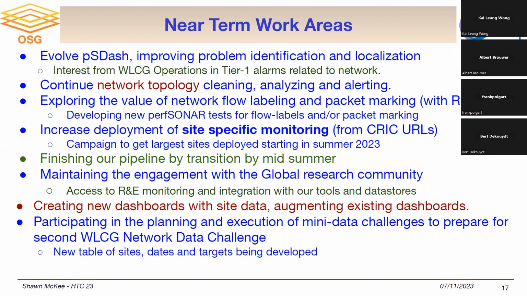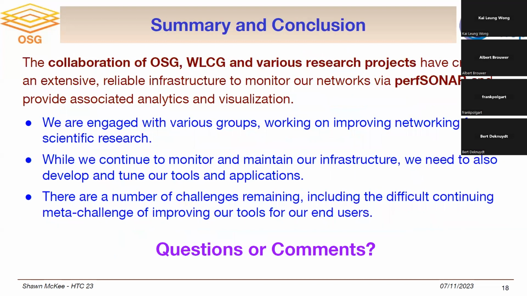And a big part of the work that we're doing is better understanding the topology and also annotating the data that we have. So we're reaching out to R&E networks and things like FTS and Rucio to have them give us incidents that they've had, when the incident started, when it ended, which sites were involved. We can then use that data along with all the network data we have, and we can start to semi-annotate that data based on those incidents and use that in unsupervised machine learning with this semi-annotation. So that's an ongoing effort.